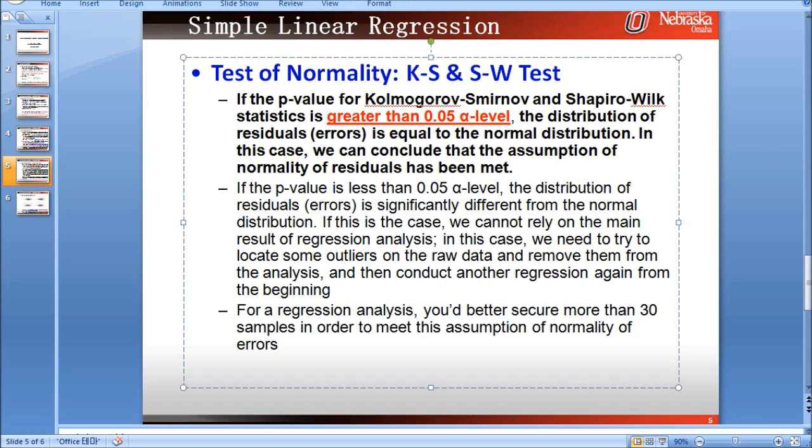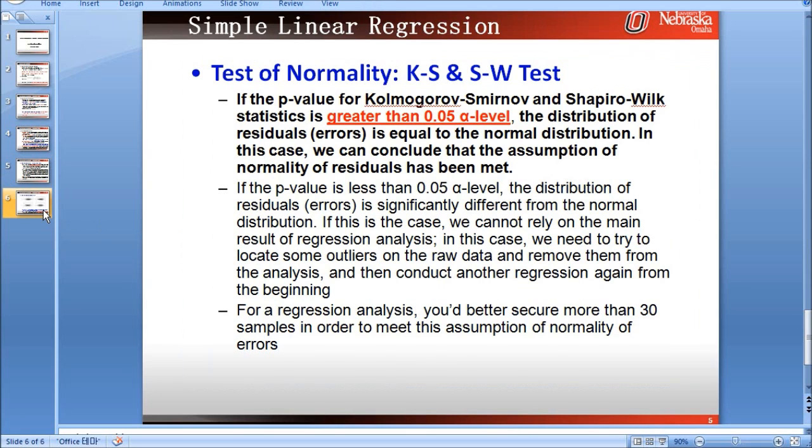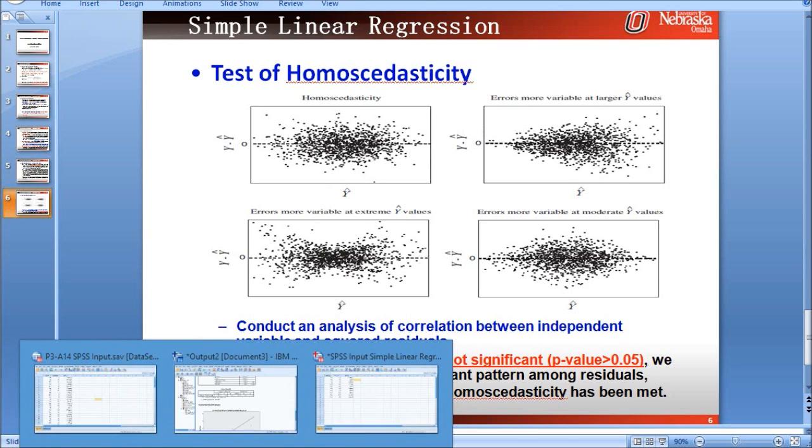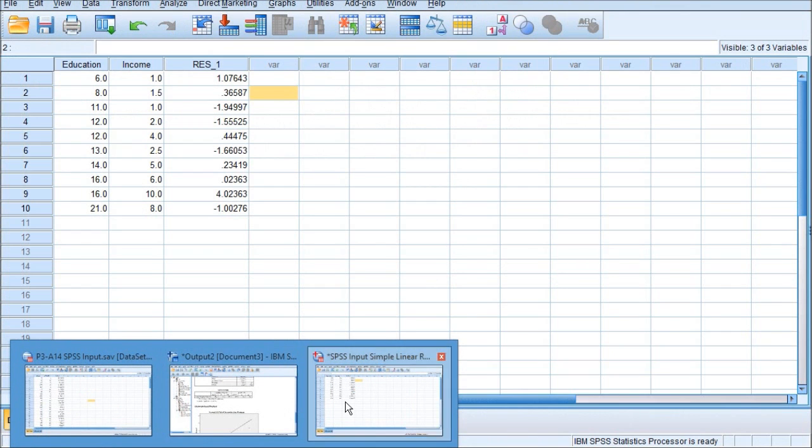Okay, now the test of homoscedasticity using SPSS. Let's go to the data input file here again.